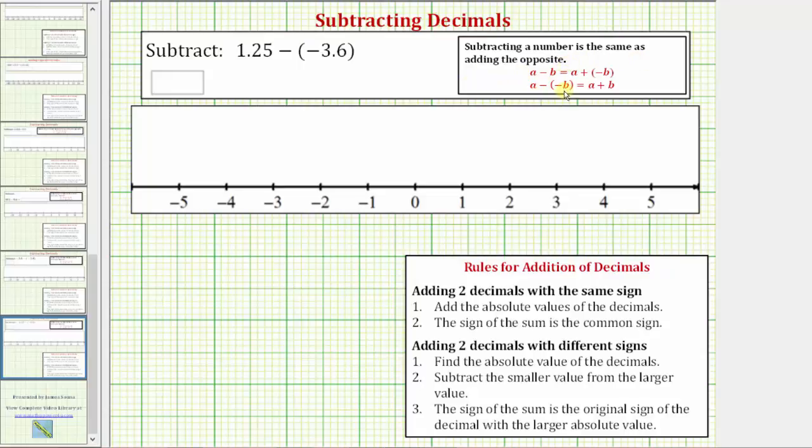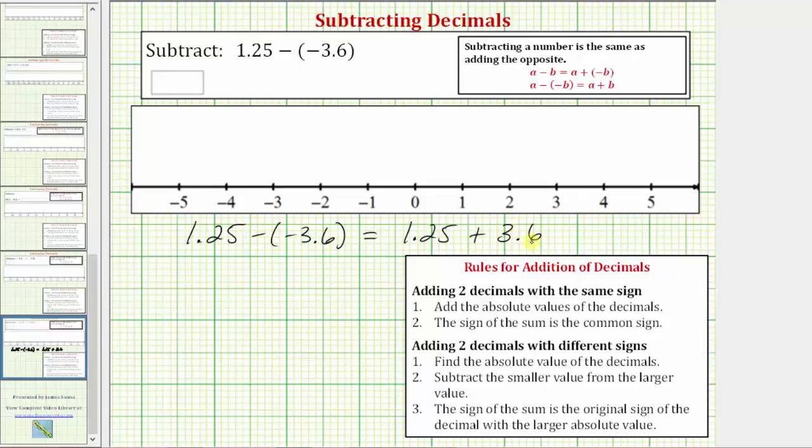So because subtracting negative b is the same as adding positive b, we can write positive 1.25 minus negative 3.6 as positive 1.25 plus positive 3.6. To better understand why subtracting a negative is the same as adding a positive, if we think of the negative as a loss and the positive as a gain, if we remove or take away a loss, that's the same